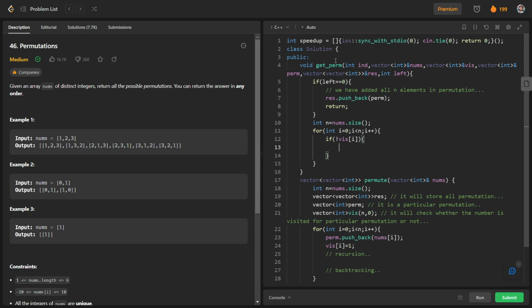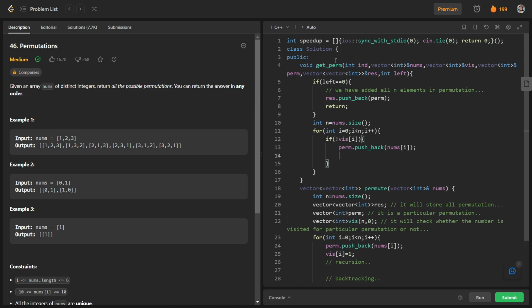So we push back the element at this index in our perm, and we will mark visit of i as 1, because we have chosen this element. So for this index we will not choose the element again.